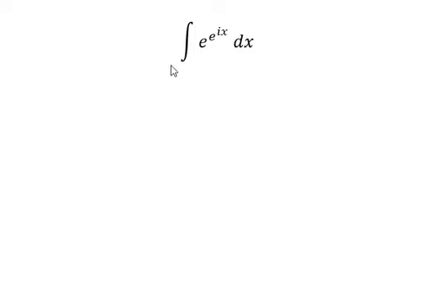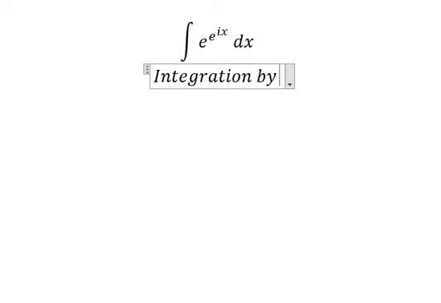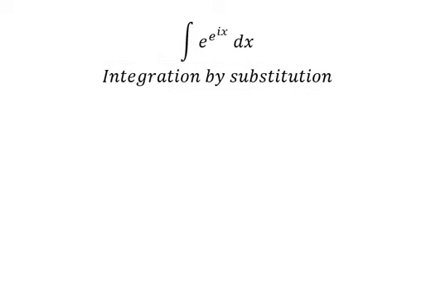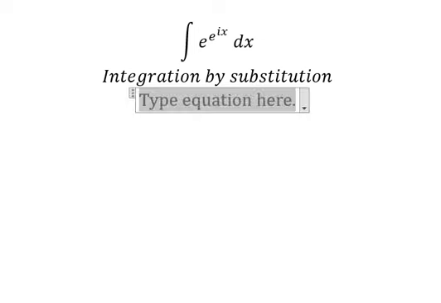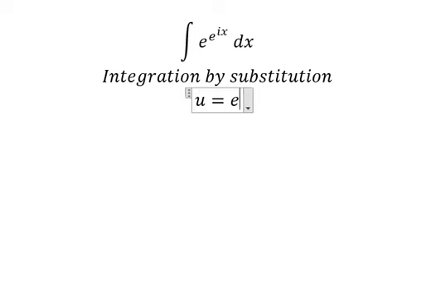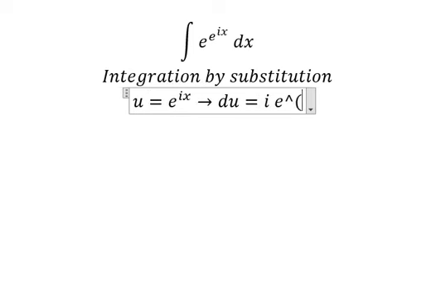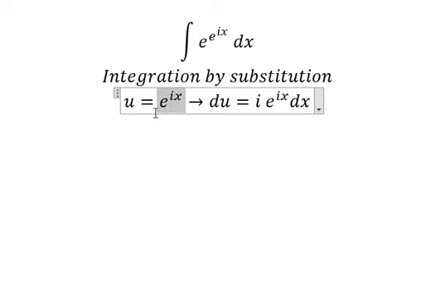So today I will show you how to answer this one. We can use integration by substitution. I will put u equals e to the power of s. Next we need to do first the derivative for both sides, and we have e to the power of s ds. After we do first the derivative of this one,